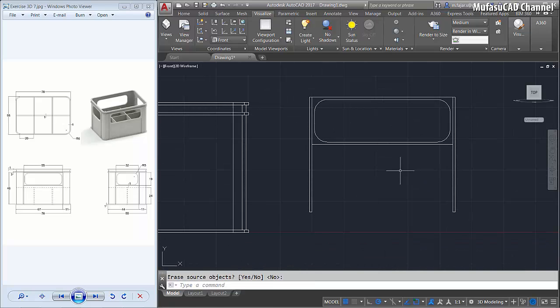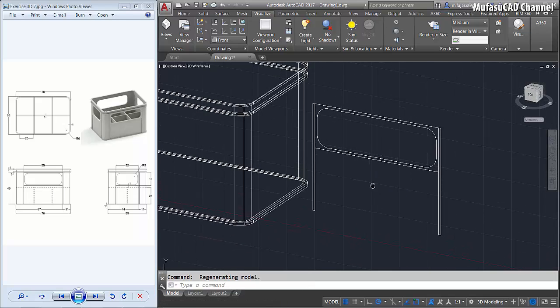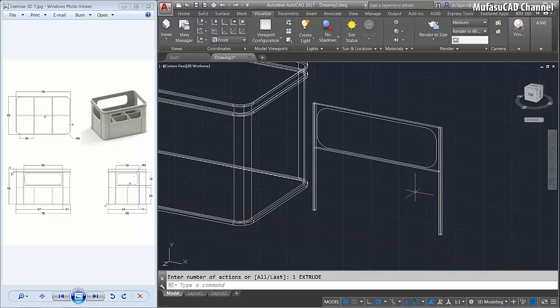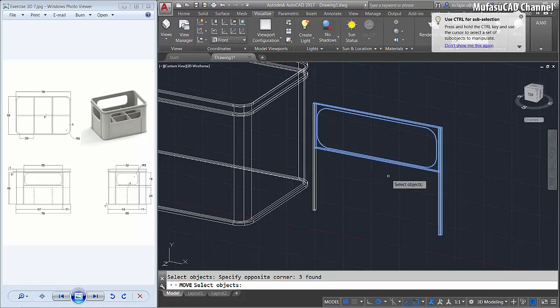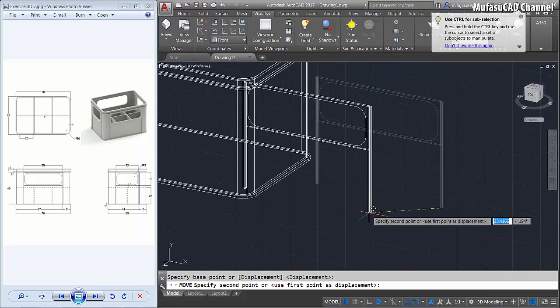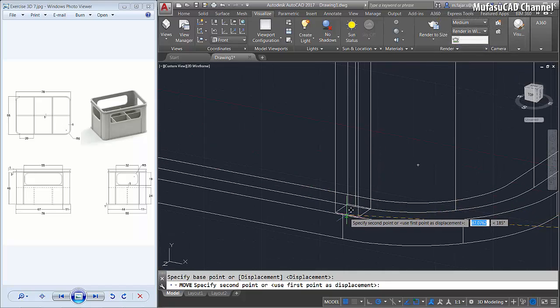Okay, we can orbit and then extrude these 3 objects here to here about 1, and move this whole object from the middle point here to here.